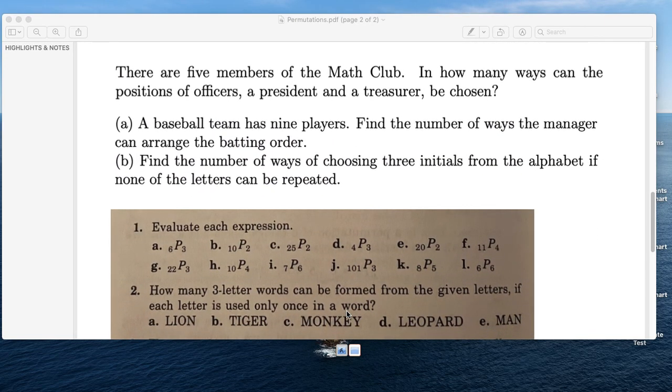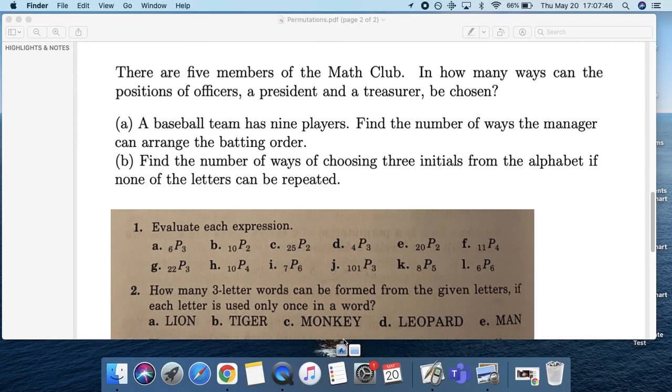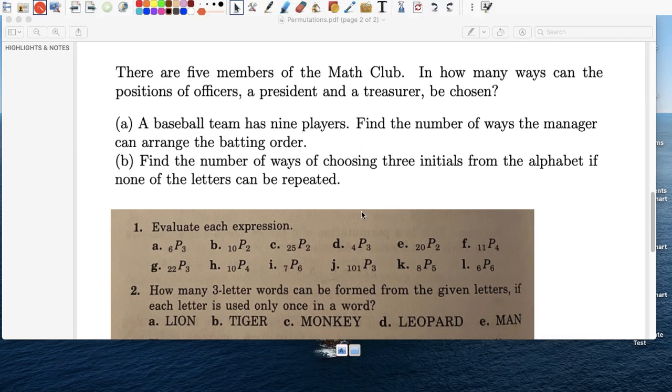There are 5 members of the math club. How many ways can the positions of officers, a president and a treasurer, be chosen? Well, you can only have one president and one treasurer, so the same person can't occupy both positions. So 5 members taken 2 at a time would be 5 times 4, so we can have 20 different